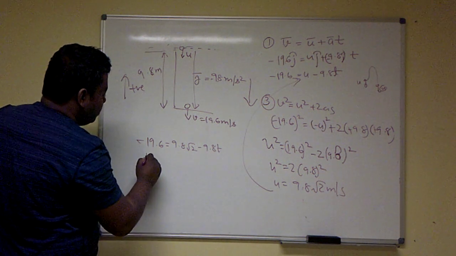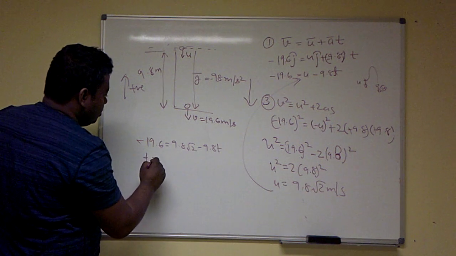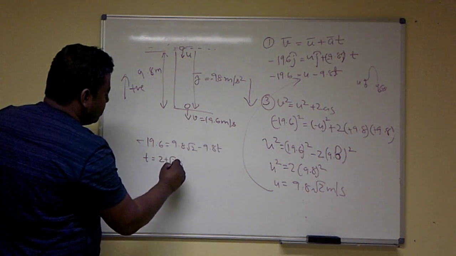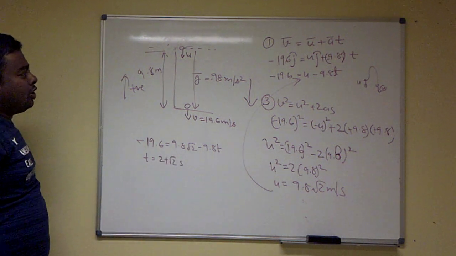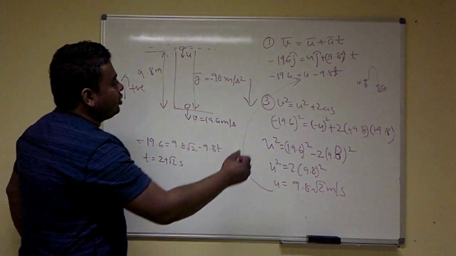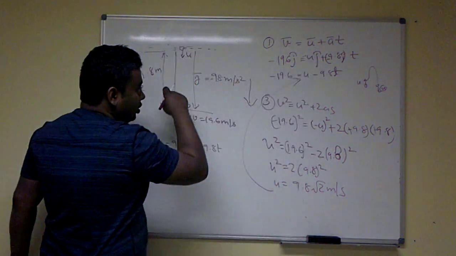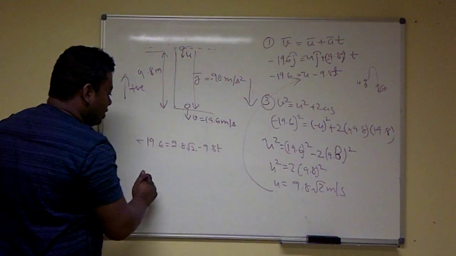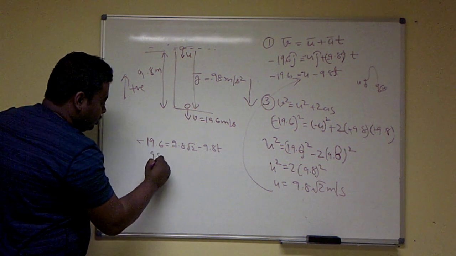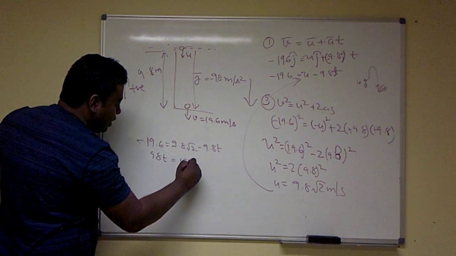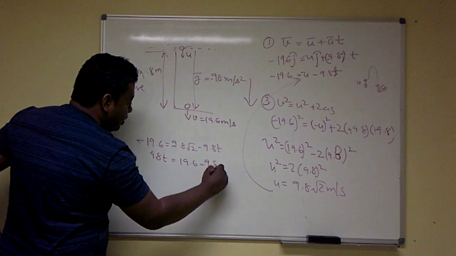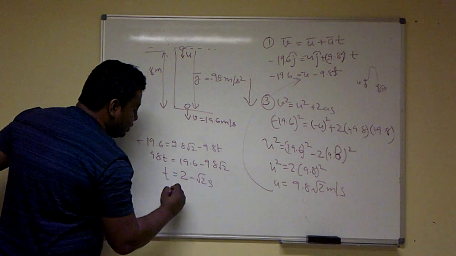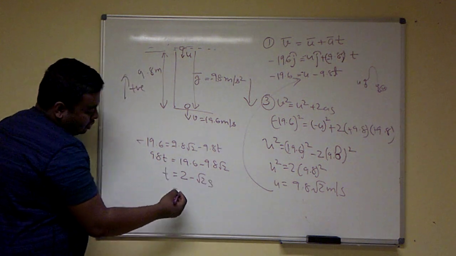Over here it is minus u j cap, because we are throwing it down in the negative direction. Sorry about that. So this will be 9.8 times t equals 19.6 minus 9.8 root 2. So I'm looking at 2 minus root 2 seconds,